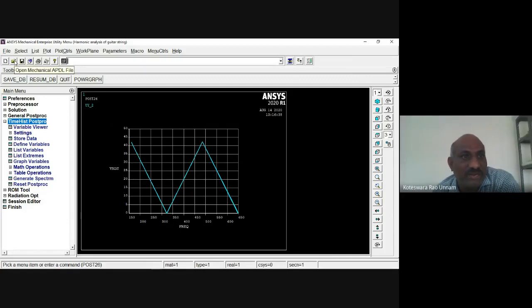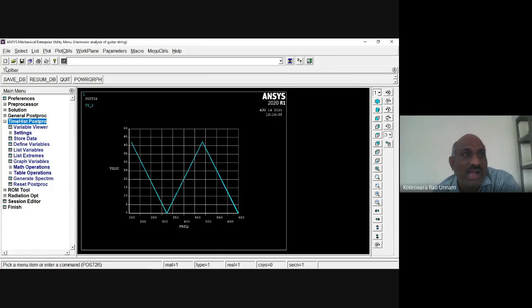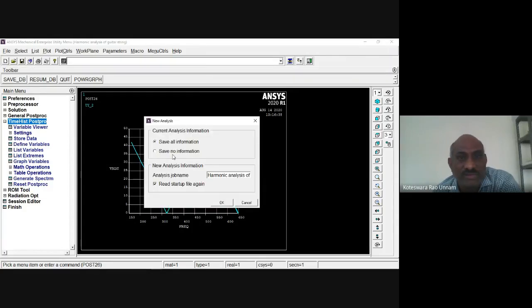With the number of sub steps, increase the number of sub steps, I already did that earlier. So I'll show you how you will get the curve.